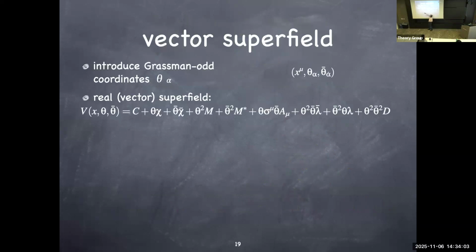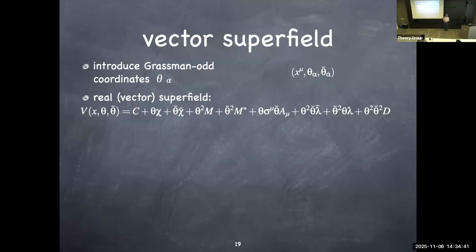So a general function of x, theta and theta bar can be expanded this way. Remember that theta is a fermionic Grassmann odd variable and it's a spinor, so we have two of them. But if you multiply theta three times, you have already exhausted all the components, so that identically vanishes. So any function of theta and theta bar can be expanded in a power series in theta and theta bar, which would end when you use two thetas and two theta bars. There's nothing beyond that.